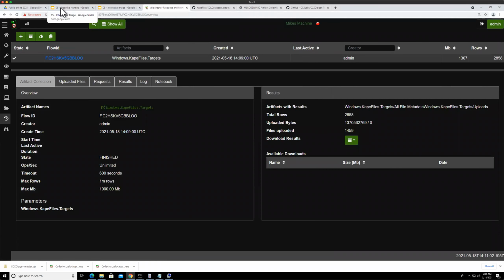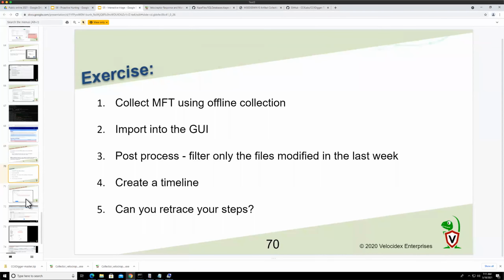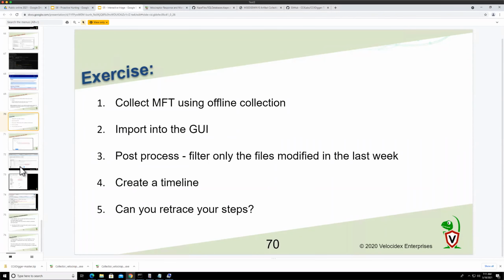Okay, so the idea here is that we just use it as if it was moved by SneakerNet. Normally, when we do these collections, we try and collect as much as possible. So we will collect the entire MFT, for example, just because when we do offline collection, we can't really go back a lot. So we try and get as much data as we can, and it's just off the one system, so it's not too bad. So we collect the entire MFT,